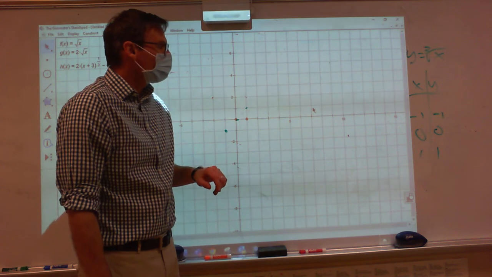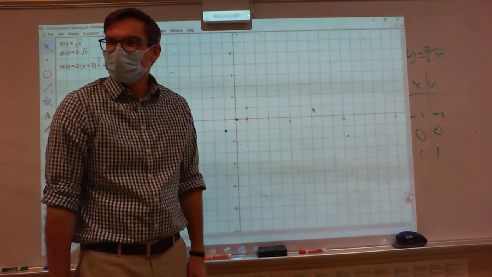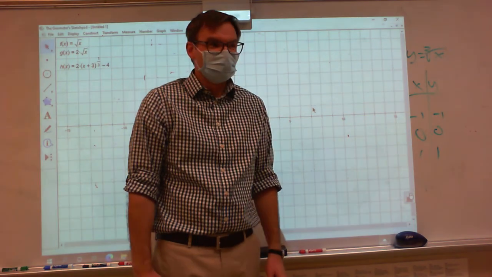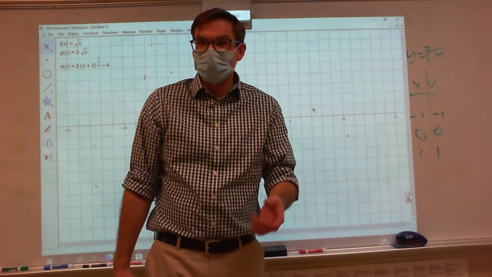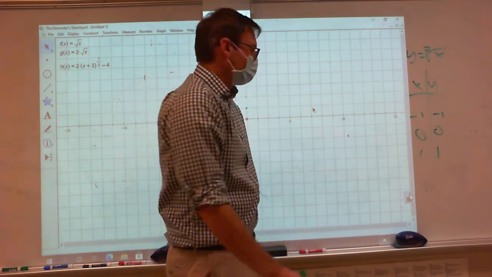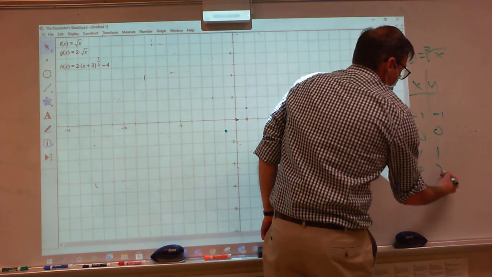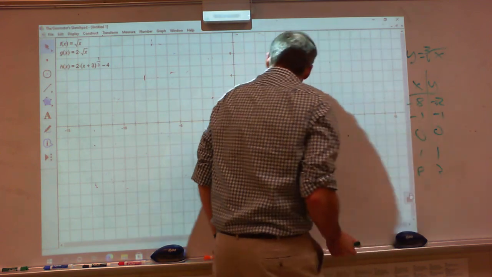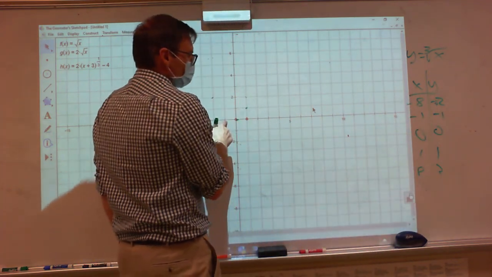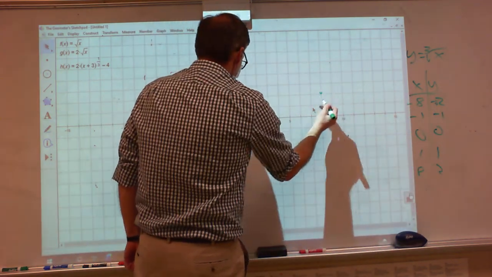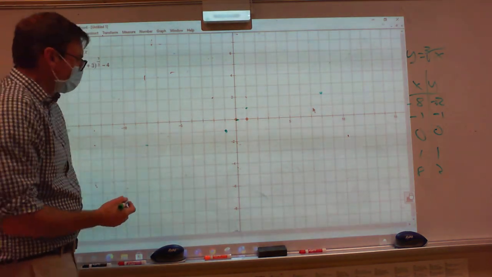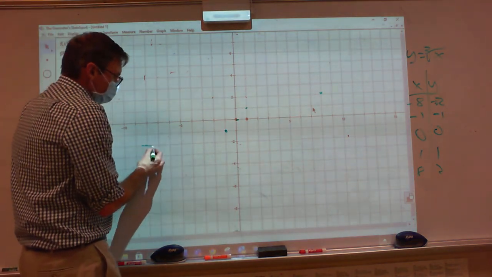All right, what else can I pick? Negative anything. Like, what do you know a nice cube root of? Do we know the cube root of 8? Yeah. So I can pick 8, which gives me a 2, and a negative 8, which gives me a negative 2. And so now when I look at this, at 8, way over here, I get a 2. Way over here, I get a negative 2. And if I were to connect these dots,